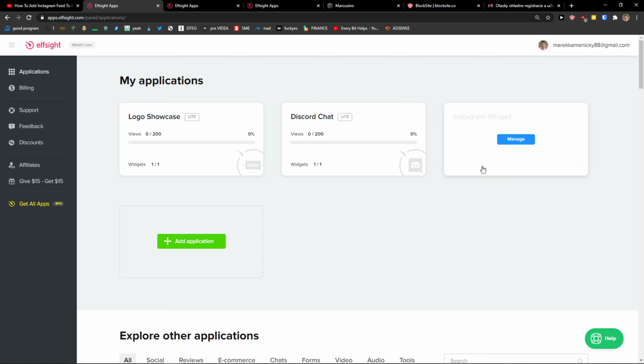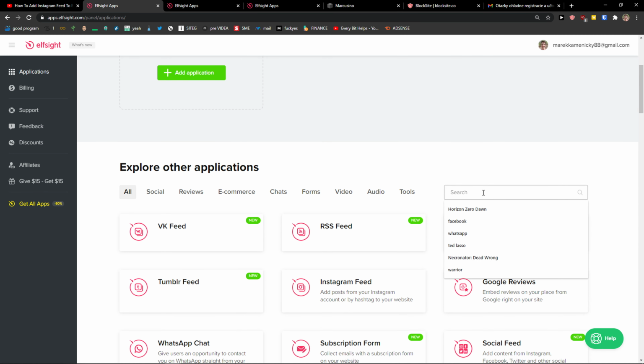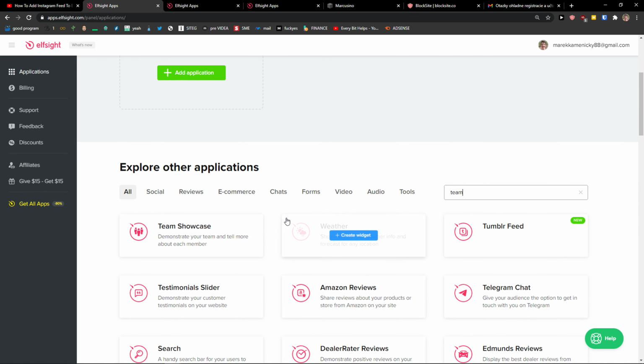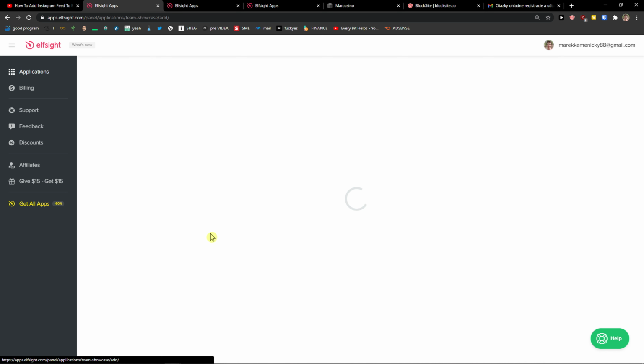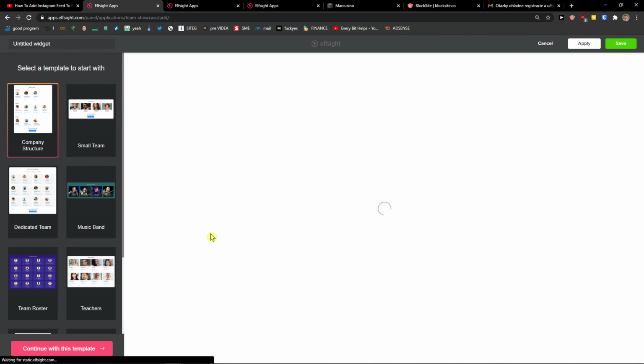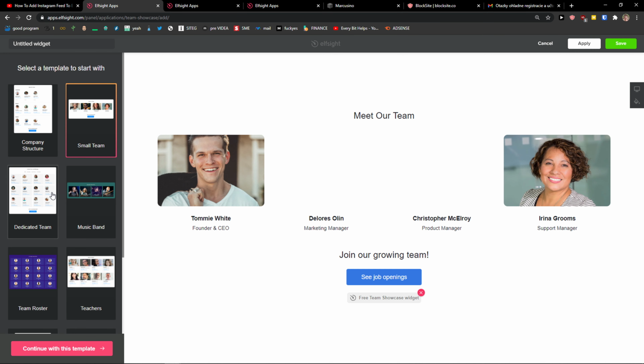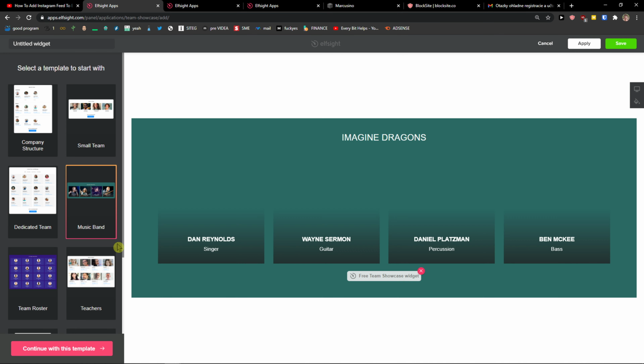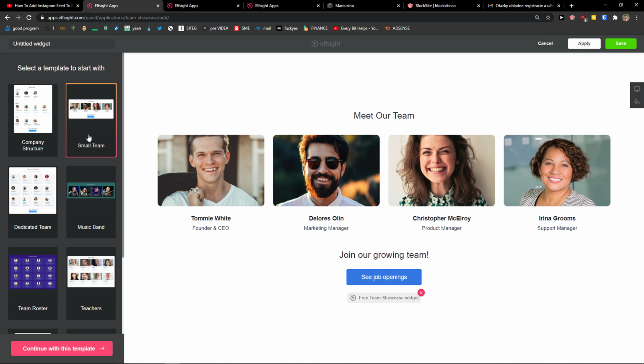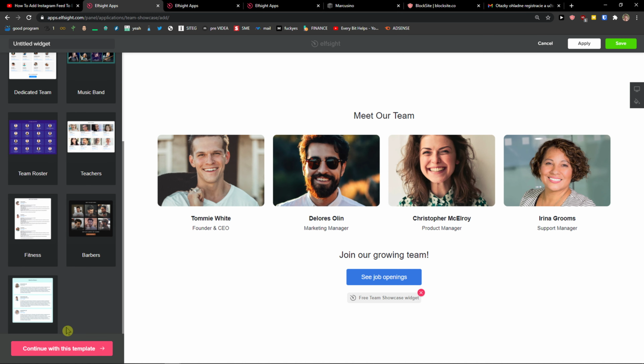And when you got it, click login. Right here in applications, you just want to write in search theme, and you're gonna see here theme showcase. Let's create a widget, and now you can go with company structure, small theme, dedicated theme, music, band. I'm going like with a small theme here. You can really choose which one you want. Now when you got it,